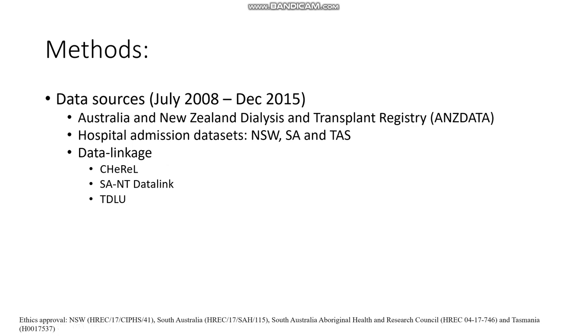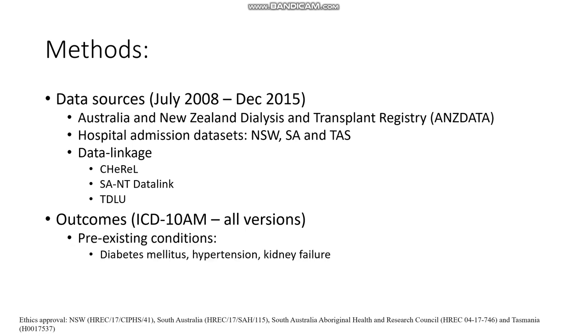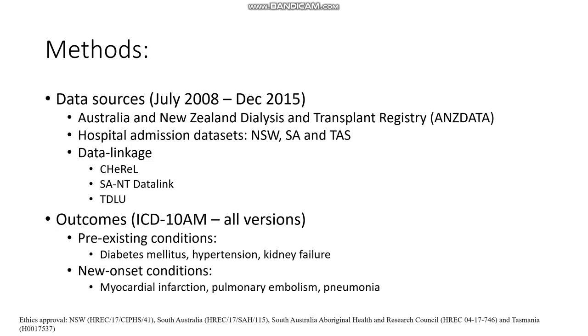This was linked with the assistance of CHeReL, SA NT DataLink, and TDLU, and the outcomes were defined by the Australian version of the 10th edition of the ICD codes. The pre-existing conditions which we evaluated were diabetes, hypertension, and kidney failure, and the new onset conditions included myocardial infarction,